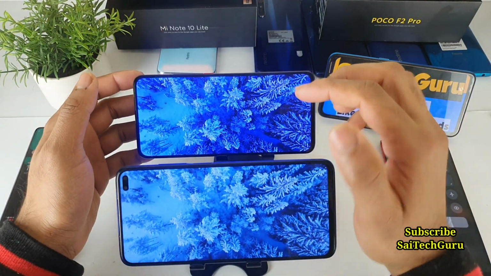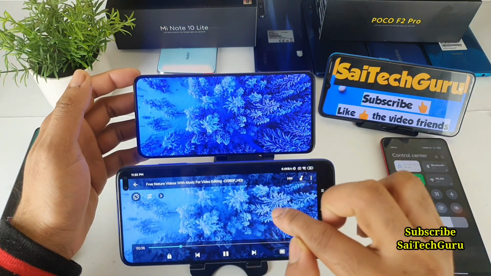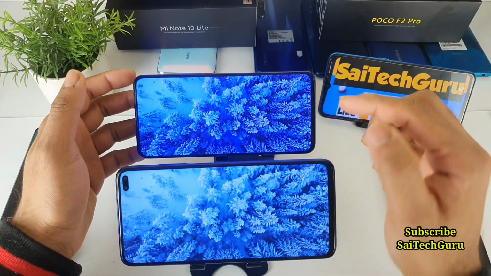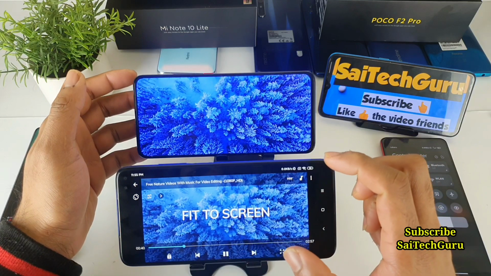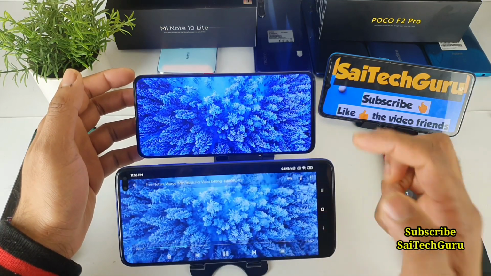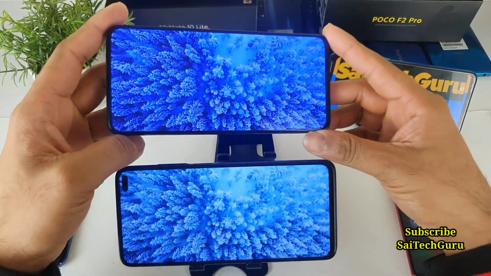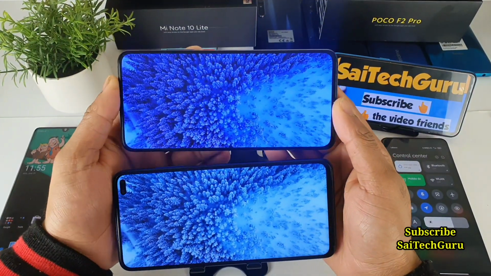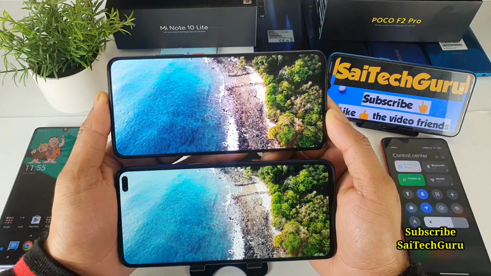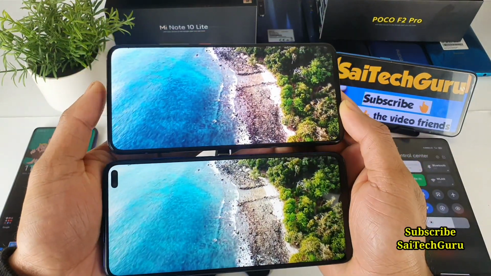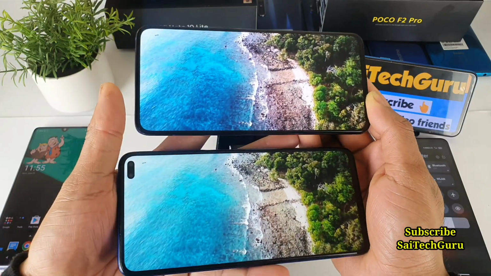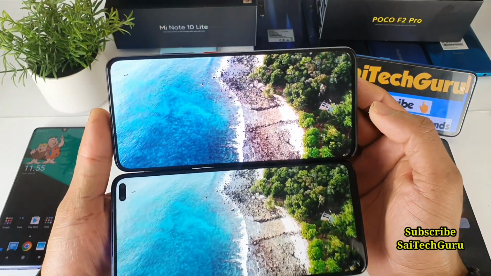Right now I'm playing the same video in both the phones. I can see there is a huge difference in terms of the colors from the Poco F2 Pro to the Poco X2 device. The Poco F2 Pro looks pretty good, the colors look very saturated. As I said, the phone has a Super AMOLED panel display, which has plenty of color options to choose from.